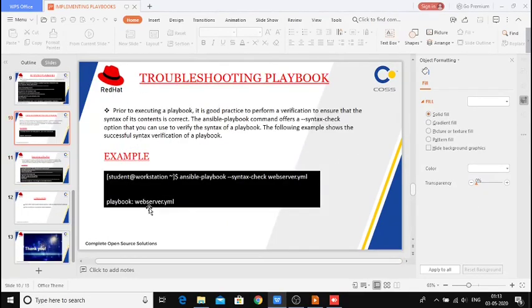So we have completed the troubleshooting of the playbook. According to our agenda, we have almost configured all these things.